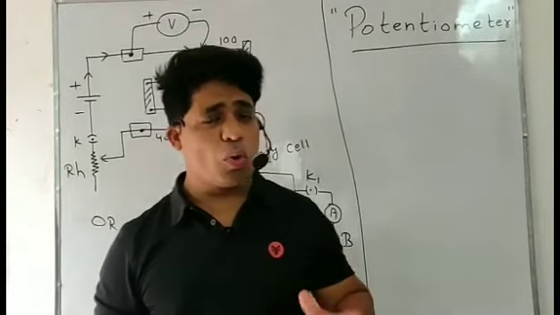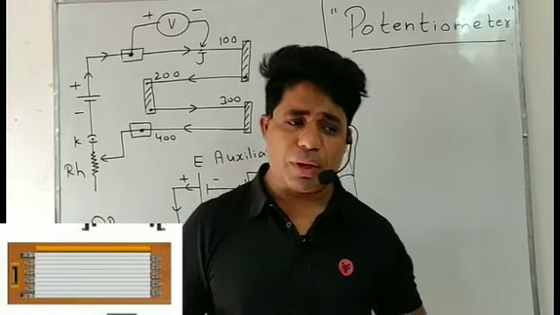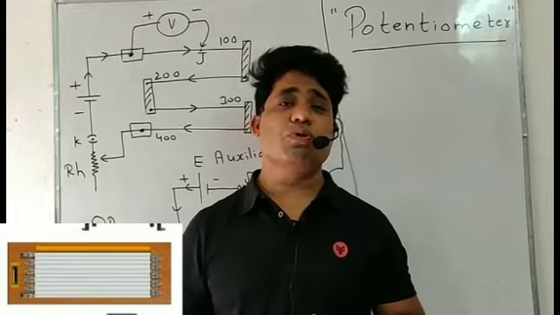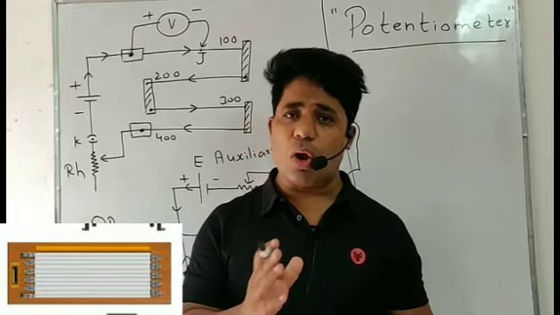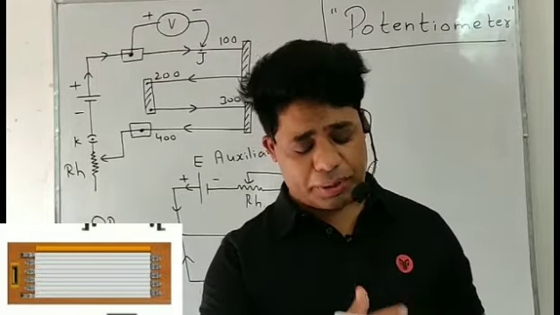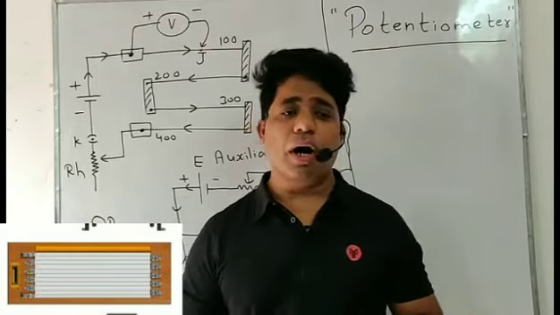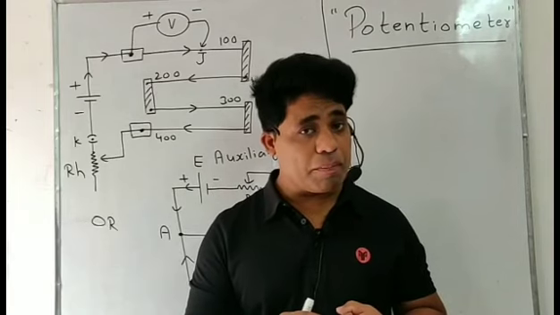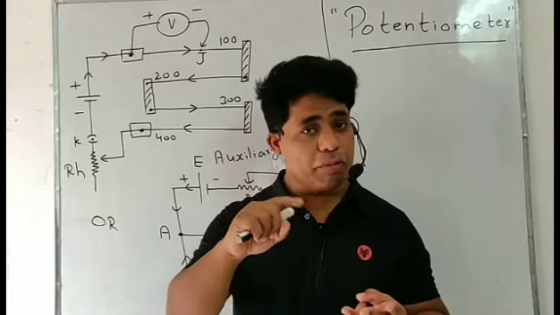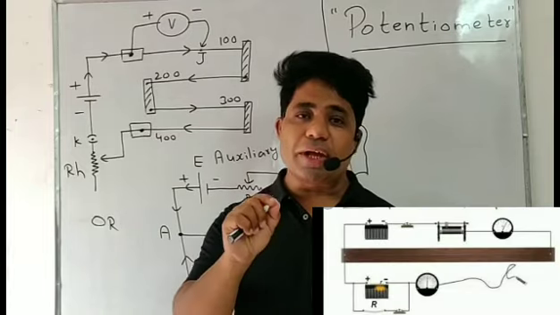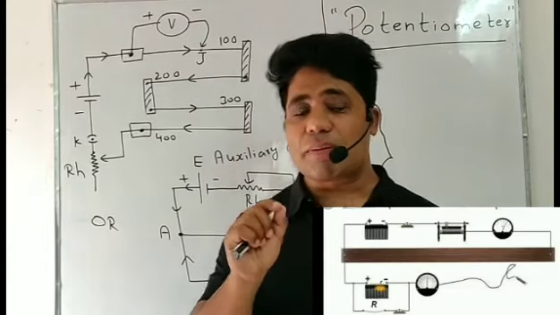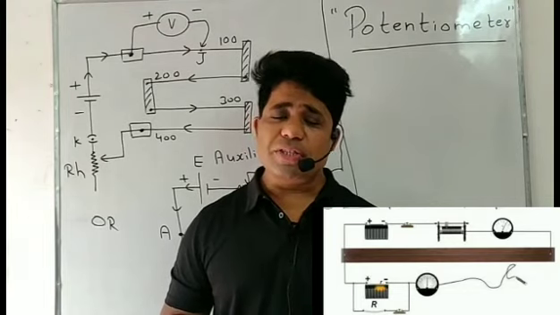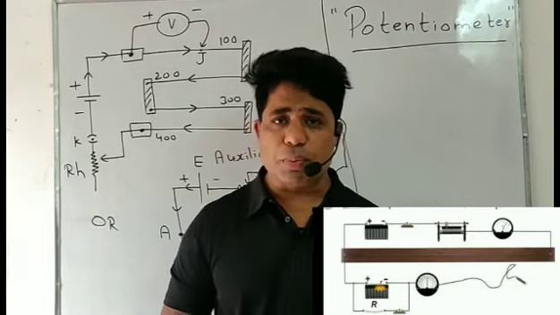But before that, we have to know what a potentiometer is. As I explained, it is a device or circuit that is used to find the accurate potential difference between 2 points along the circuit. Now, students, we can also measure current. We can also measure the EMF of a cell. We can also compare the EMF of two cells. We can even find the internal resistance of a cell. It means the potentiometer is a multimeter. We can measure a lot of things using this potentiometer.